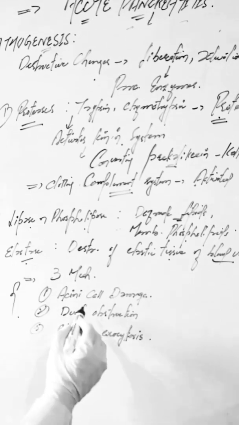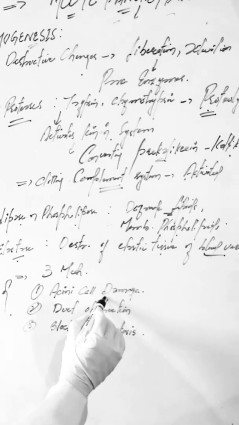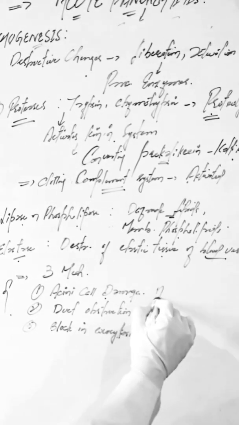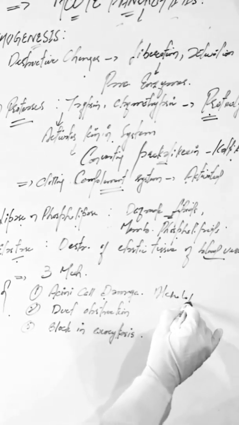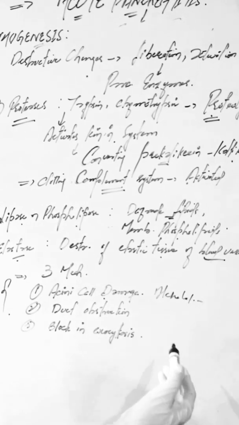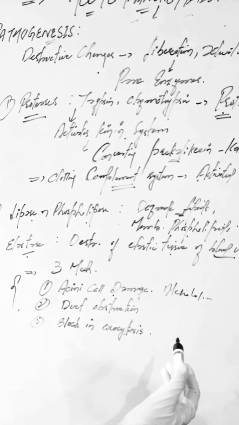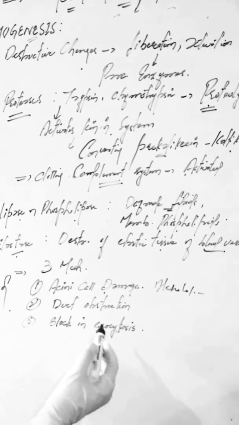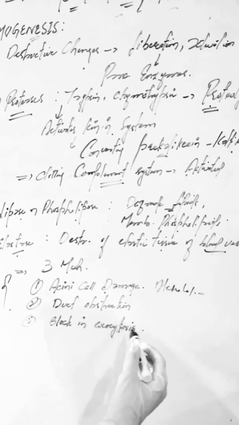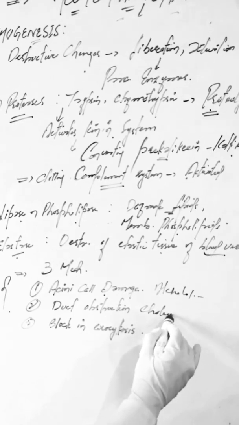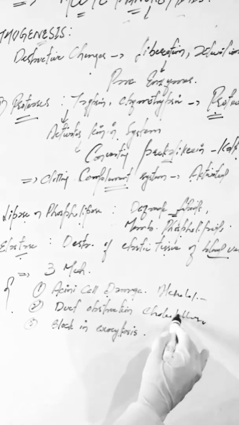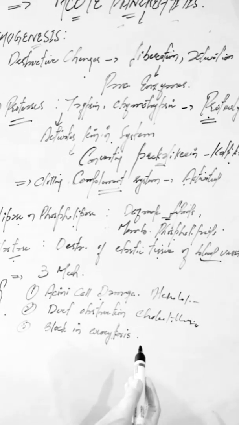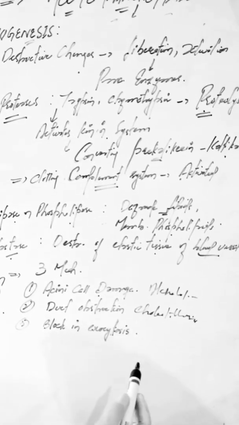That will be either due to the acini cell damage. What will happen in this? It may be caused by some etiologic factors like alcohol, viruses, drugs, ischemia and trauma, due to which there will be a release of intracellular enzymes, or it may be due to the duct obstruction, which may be caused by cholelithiasis and chronic alcoholism and other obstructing lesions, due to which there will be a leakage of pancreatic